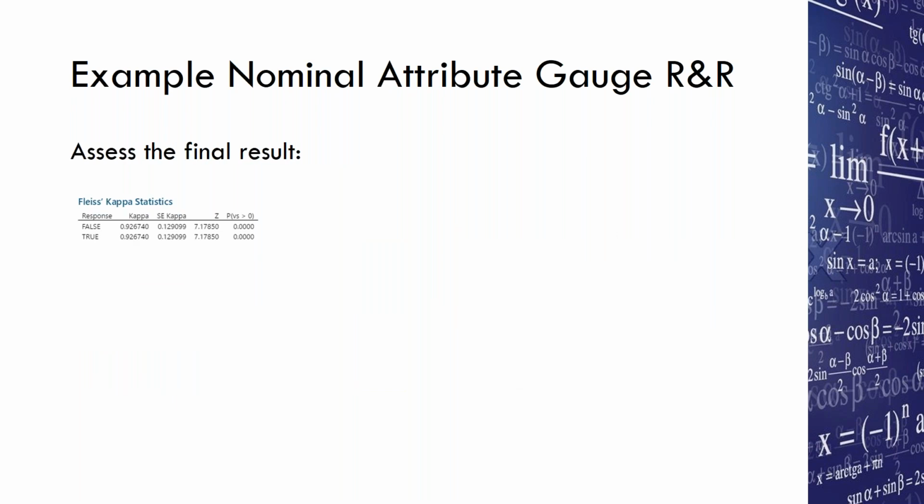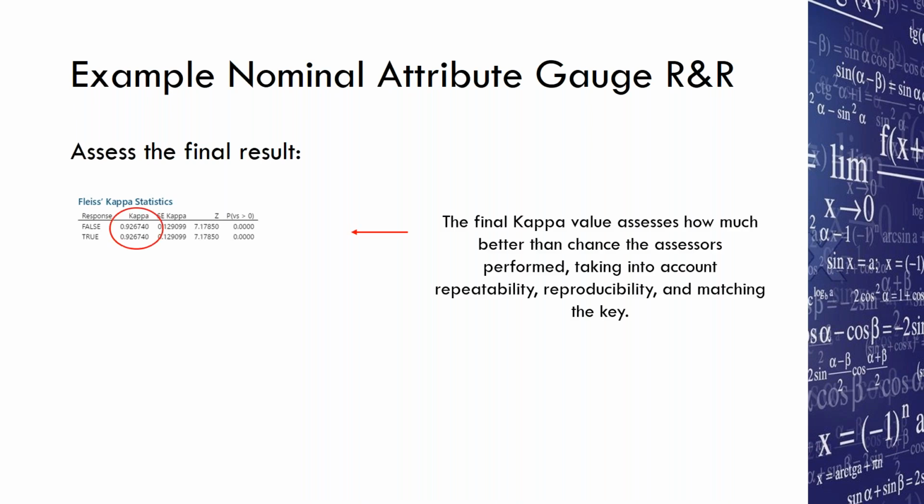All the way at the bottom of the session window, Minitab is going to give us an assessment of the final result. So it takes everything into account. It takes into account the repeatability. It takes into account the reproducibility. And then it takes into account as well the match to the key. And it reports to us a final kappa value. So again, that final kappa value takes into account everything that we've looked at, the repeatability, the reproducibility, and matching the key. And we can see here that based on the kappa value, the assessors did approximately